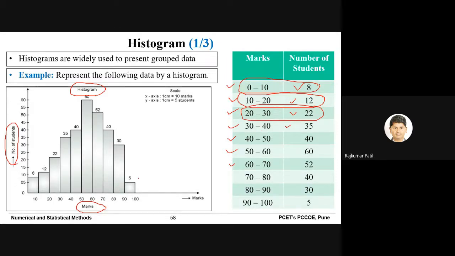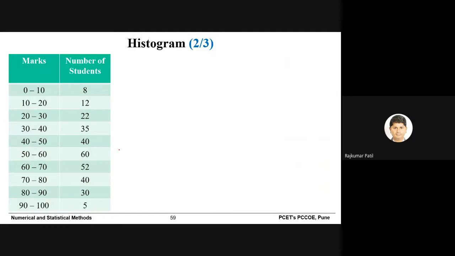And you need to call the corresponding libraries, and also decide the scale on the x-axis and the scale on the y-axis. If you want to plot the numbers on top of each bar, then you need to write the code appropriately. So these are some of the basic things you need to understand before you actually write the Python code. We will take this example and slowly try to write the Python code.